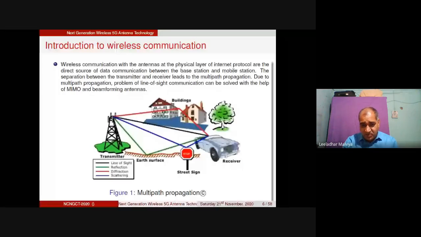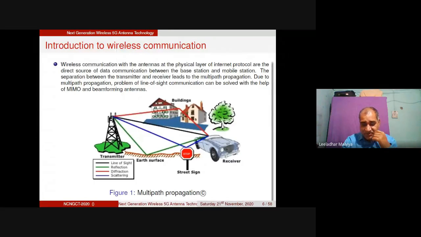So everybody is able to watch a picture here, and this wireless communication has four parts. One is line of sight communication, another is from reflection, the third is from diffraction, and the fourth is scattering. So we cannot say that line of sight communication will always take place between the base station and the mobile station. We have multiple rays, and through those rays the strongest signal can be captured with the help of our mobile or the base station, and the communication will take place between the two end devices, right?